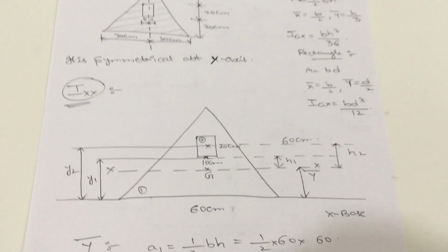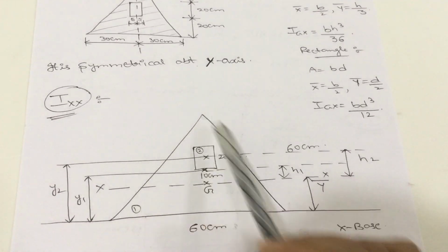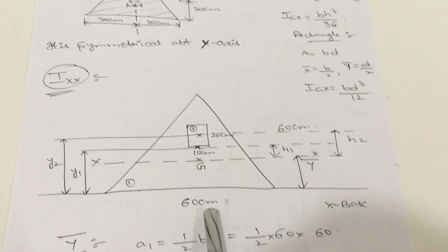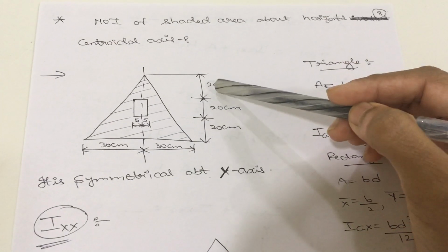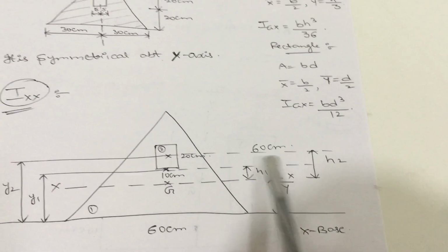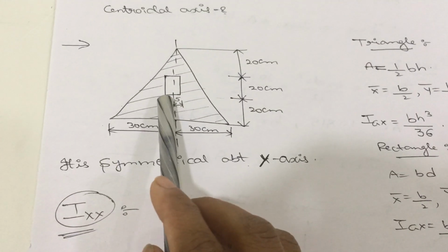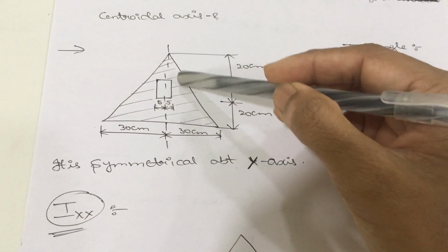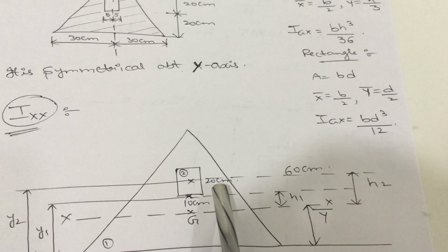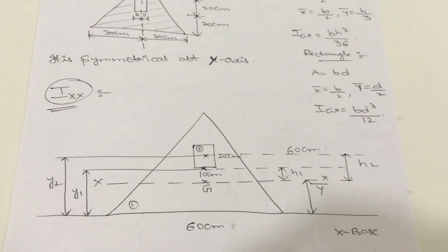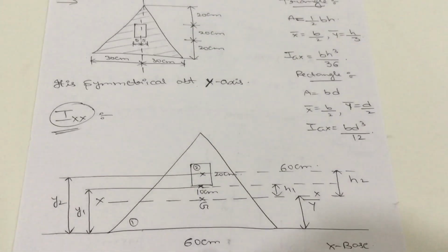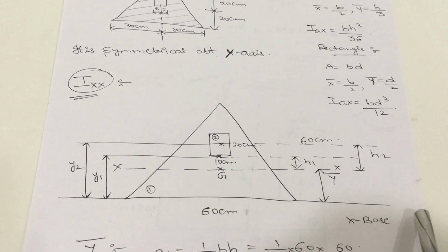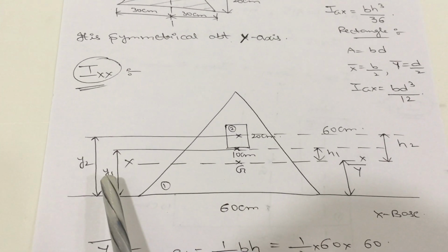Next see the individual dimensions for the individual sections. For the triangular section, here 30 plus 30. So base value is completely 60 centimeters. Next complete height of the triangular section is 20, 20, 20. So completely 60 centimeters. Next for the rectangle, here 5 plus 5 base value is 10 centimeters. Next depth of the rectangle is given as 20 centimeters. Next, as it is symmetrical about the y axis, you will have only y distances to the x base. So project one x base. Next, here see the distances, y distances.